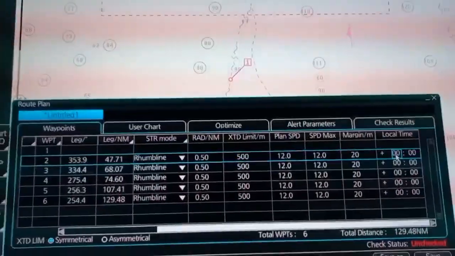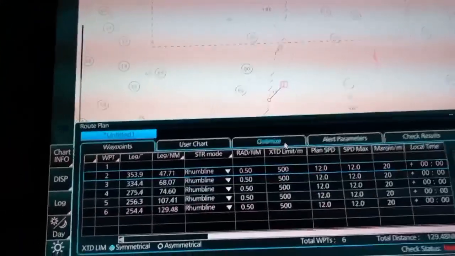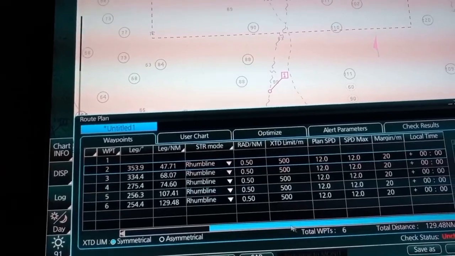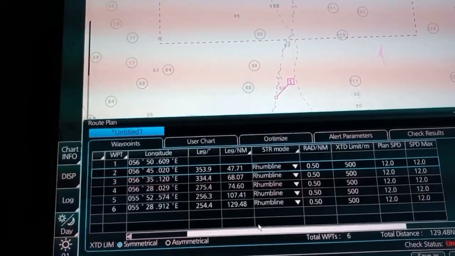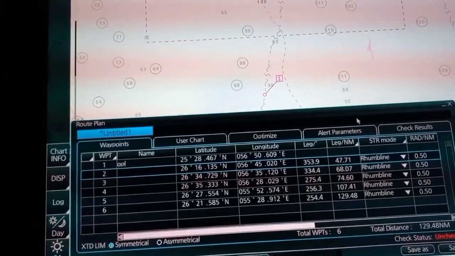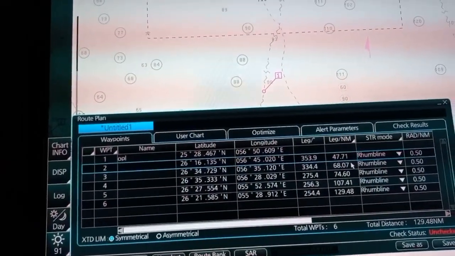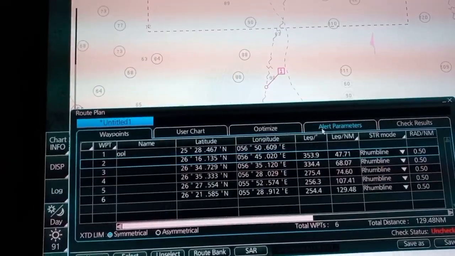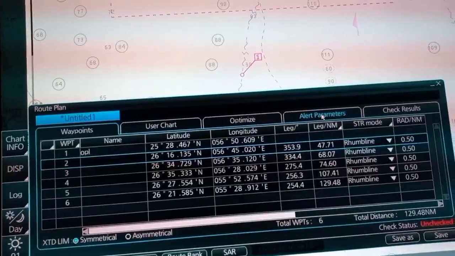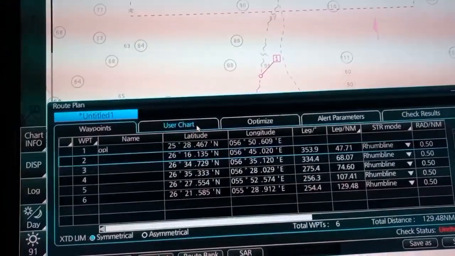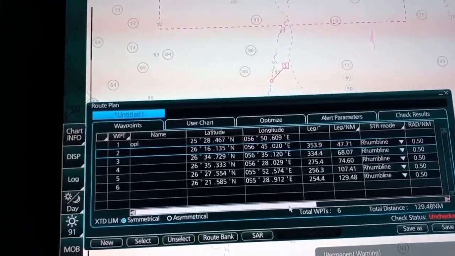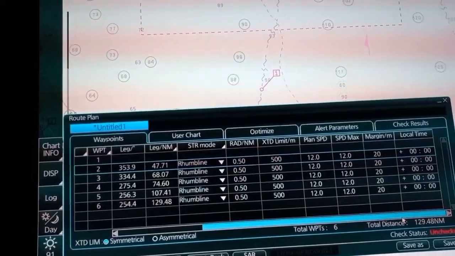Also you can change this time, local time, GMT time, according to your passage. It will affect the ETA, estimated time of arrival. All this information you can change according to your passage. Alert parameters. Then finally you can add a user chart also. Okay, then finally we can